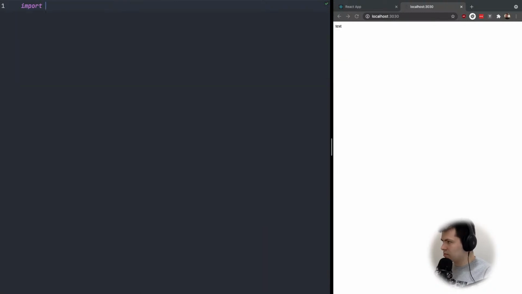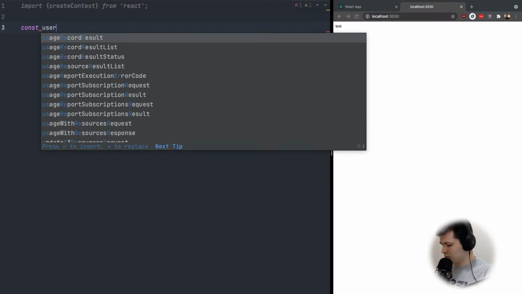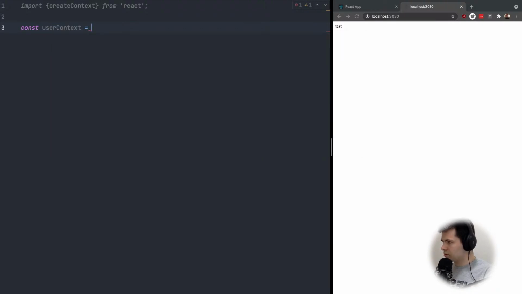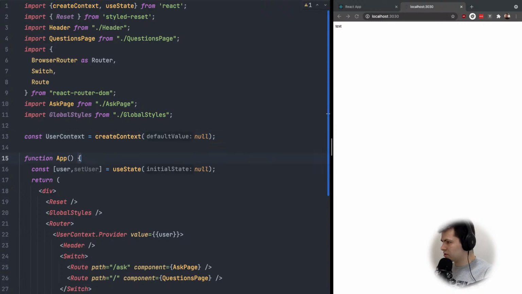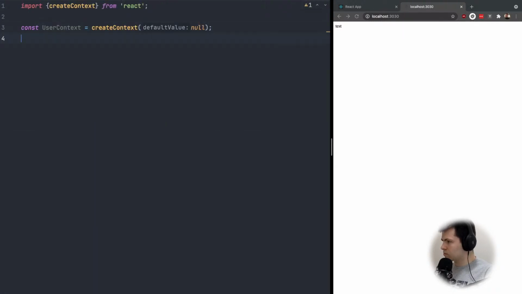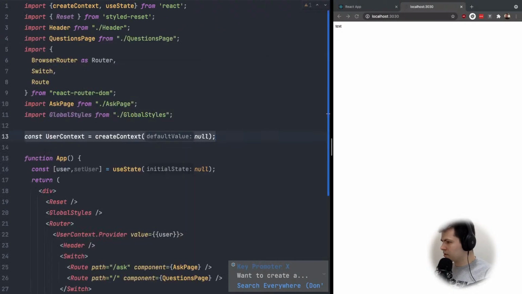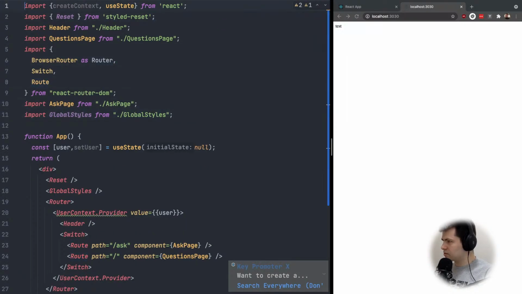Now let's import create context from React, and user context equals, or I can copy just this one, export the default user context. So now we can remove this and create context part,